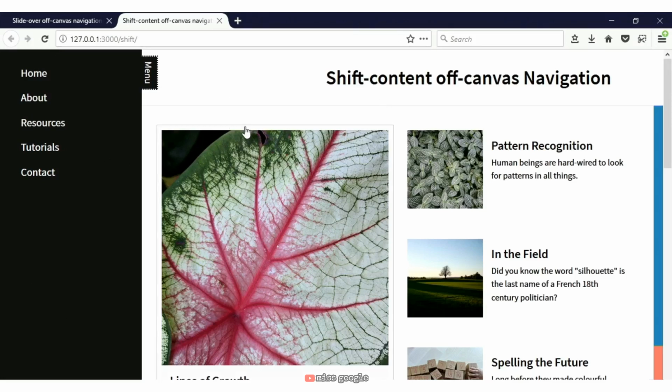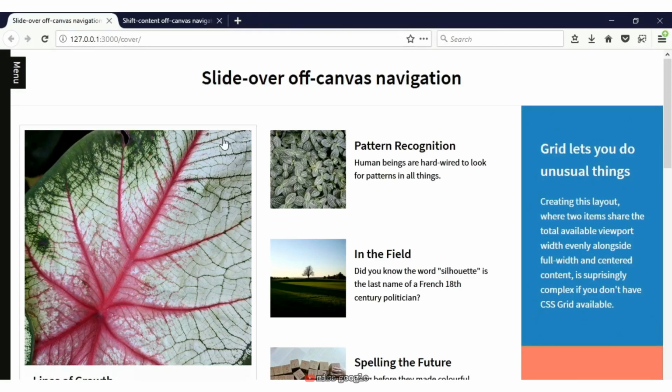These off-canvas design patterns are not new. What is new is how easy it is to implement them using CSS Grid, and how, thanks to CSS Grid, we don't have to create any unnecessary nesting or grouping in the HTML document to make this happen. Both these examples use the exact same HTML and JavaScript. The only difference between them is how the grids are laid out and how we position the different grid items